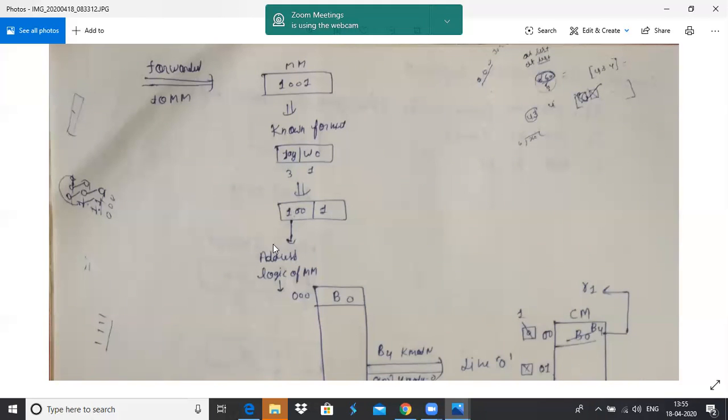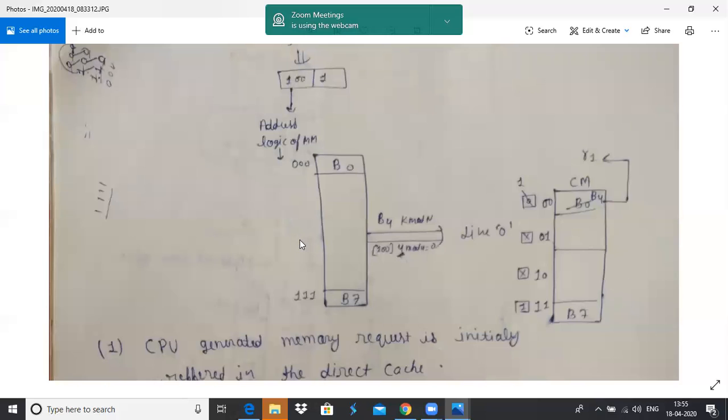This says that the address logic of main memory goes directly to address 100. What does 100 represent? The value 100 is 4, meaning the fourth block, the B4 block of the main memory.